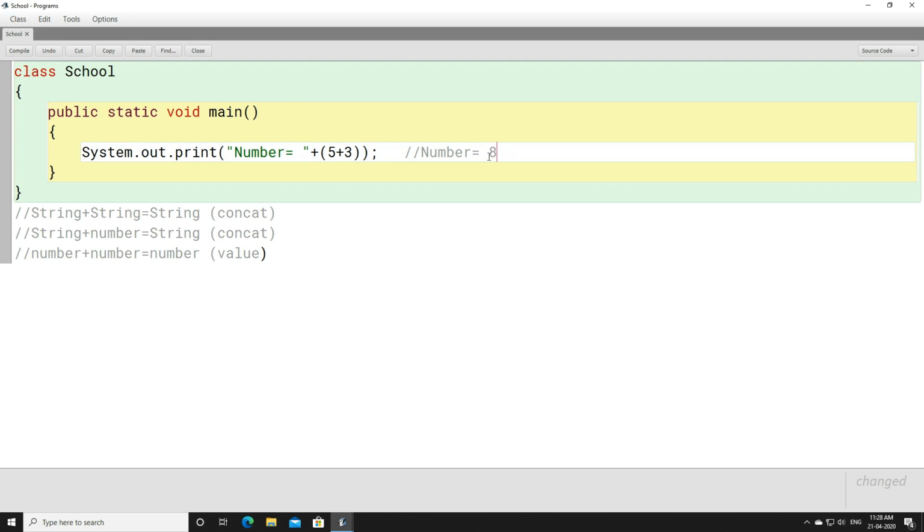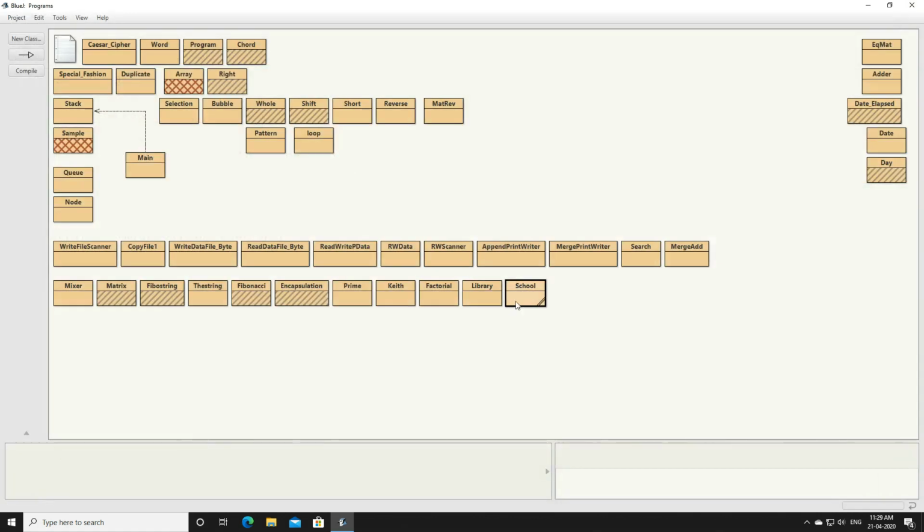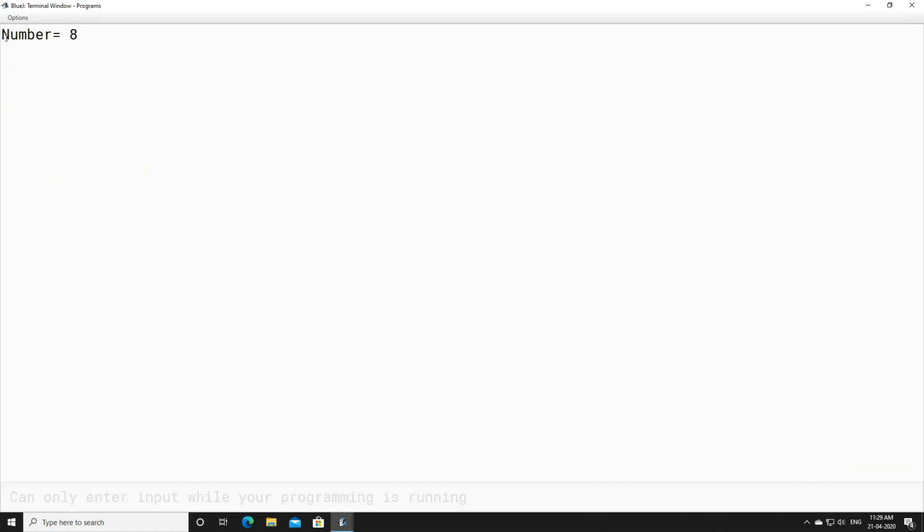I hope this part is quite clear to you, how things are happening here. Now let's go with some more manipulation and see how we are getting the output. Let's execute this program and see whether we are getting 8 or not. Yes, we are getting number equals to 8.